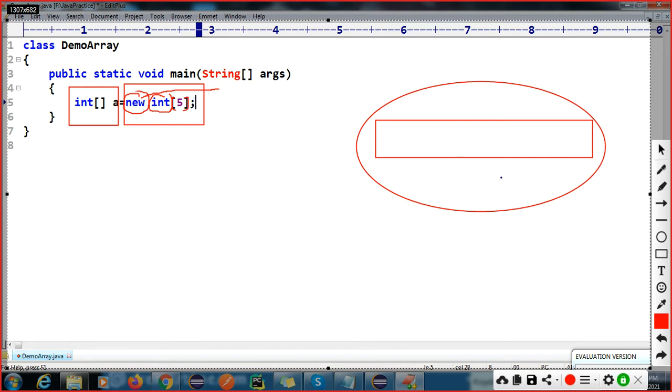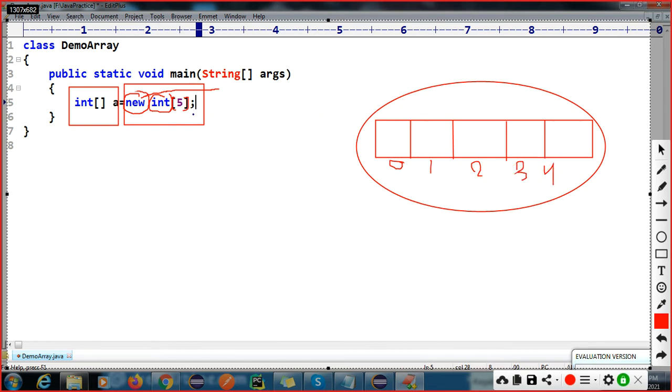How many length have you defined? We have defined length is 5. So here 0, 1, 2, 3, 4.